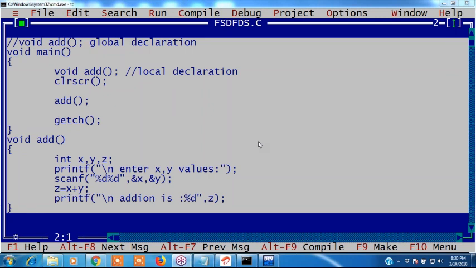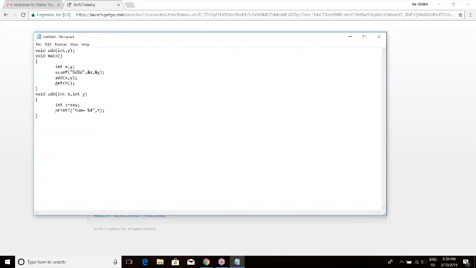Just type that program. Second model. Can you increase the text size?